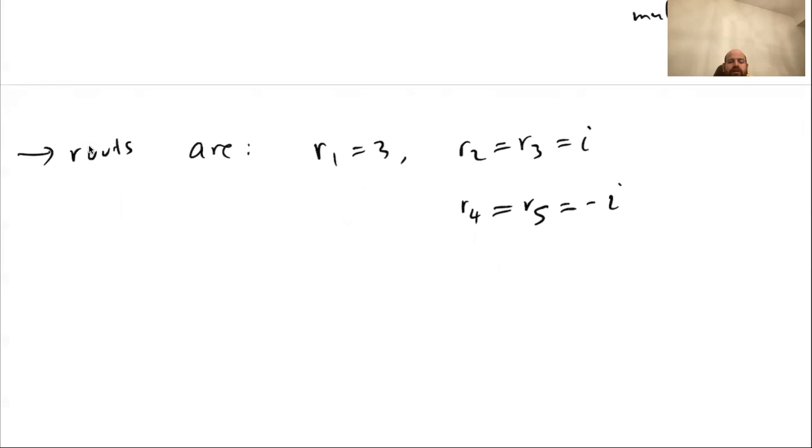And then we need to find the solution corresponding to each of these roots. So the corresponding solutions are